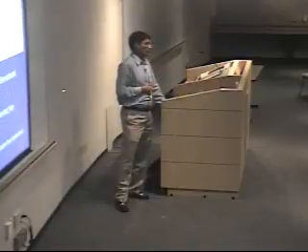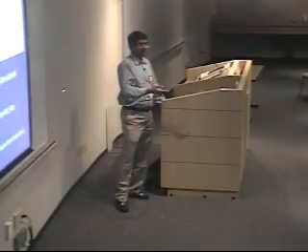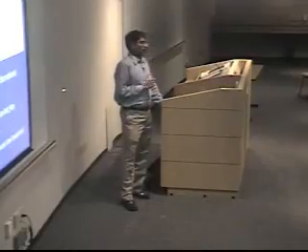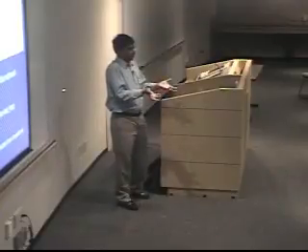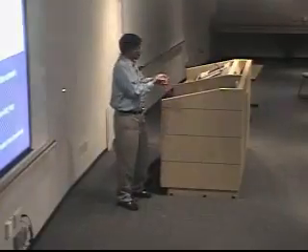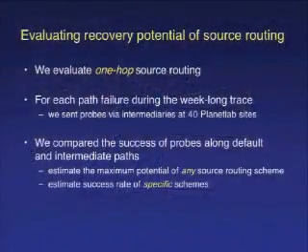Almost 60% of them happen on the last hop. It's an interesting number to know, but it's not particularly surprising because broadband hosts tend to be less well maintained, as well as their links tend to fail more often. The takeaway point here, though, is that because source routing works by leveraging the presence of alternate paths, server path failures are more likely to be recoverable than the broadband path failures.